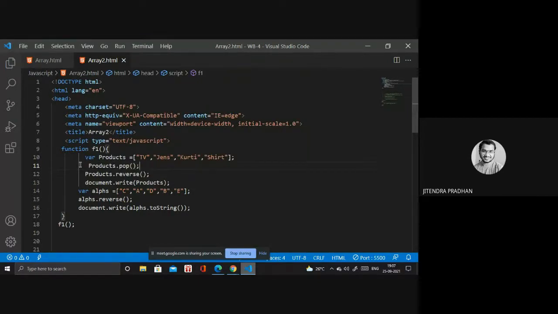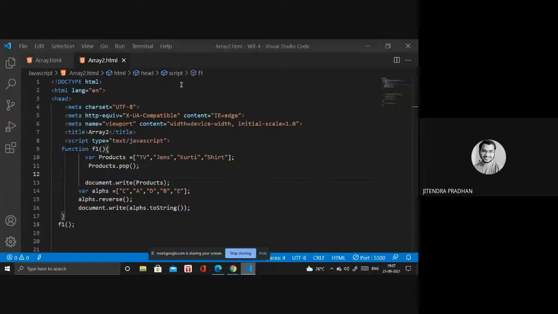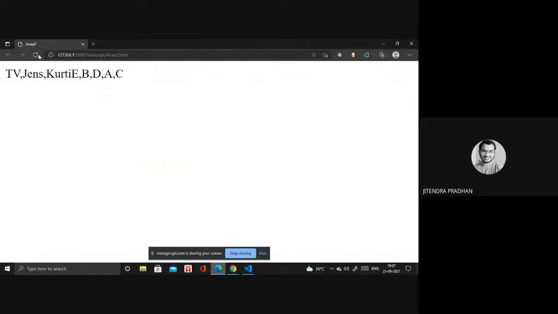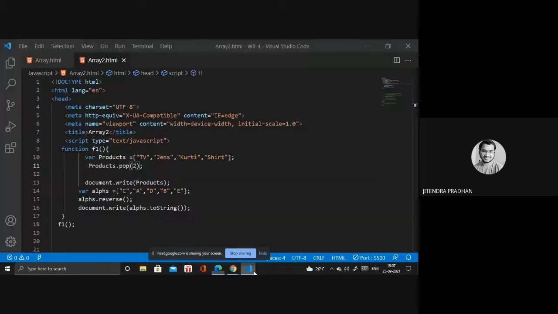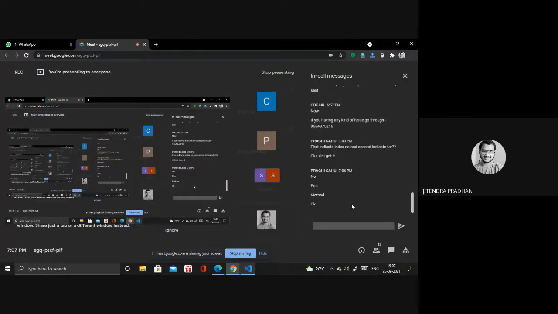Okay, nothing is there. So I will not add anything. The start is not there. Okay, if you write a number, let's see, I will write 2. It will not work. It will remove only one element. Okay, if you want to remove more than 2 or 3, then you have to use the slice method. Okay, I hope you got this point. Anyone have any doubt regarding array, you can ask me.